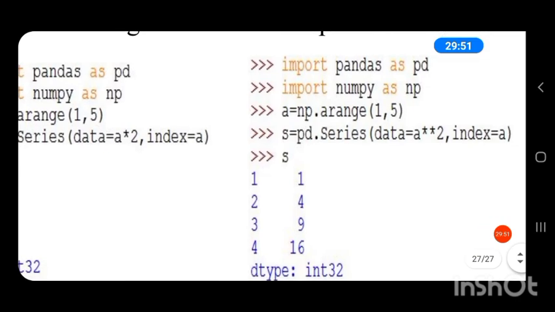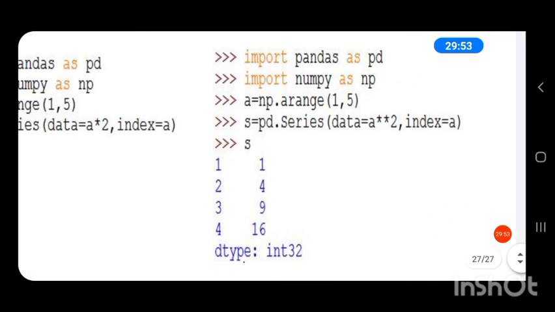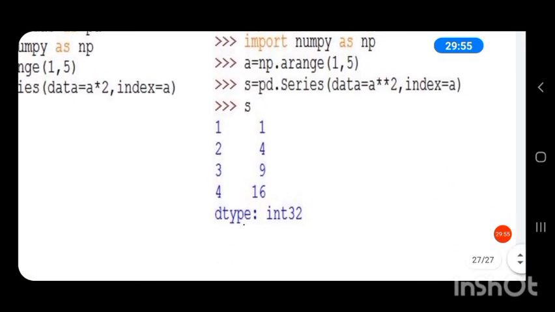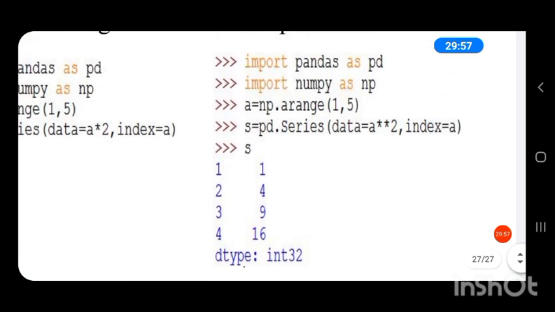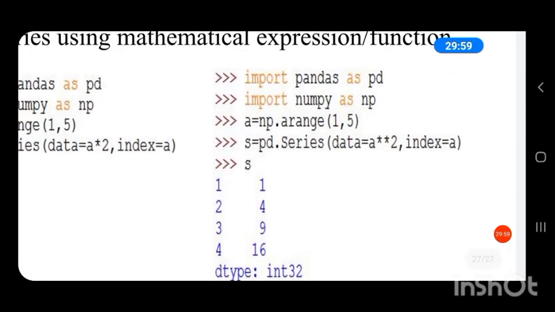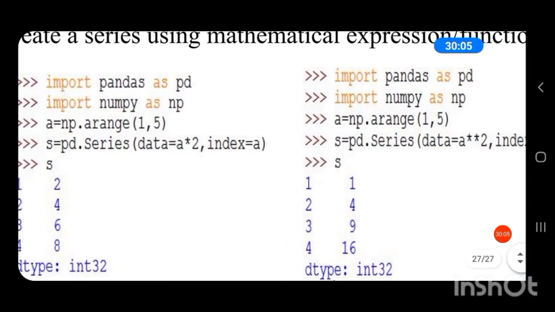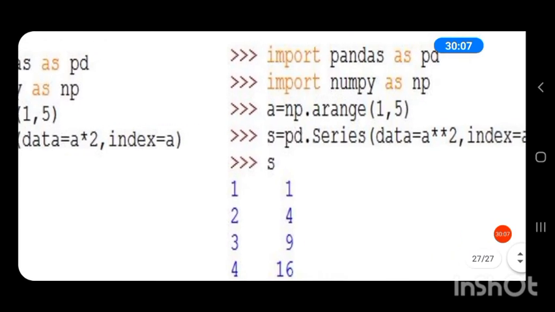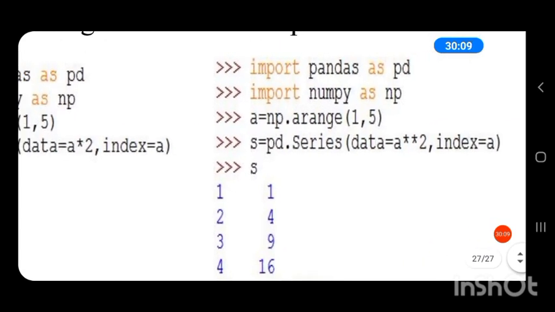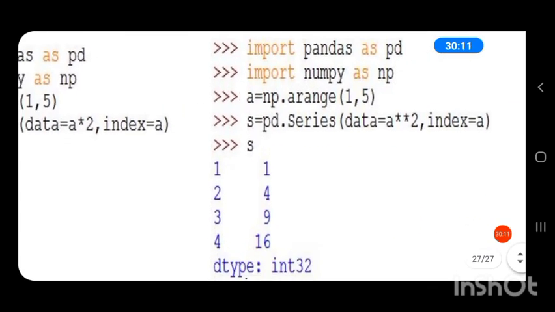Now let us consider another example to create a series. First, import pandas as pd, then import numpy as np. Here we are importing numpy because we are using the arange function. So A is equal to np dot arange 1 comma 5.